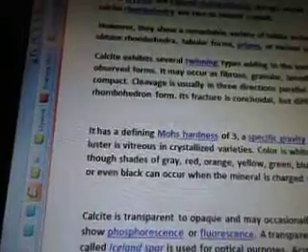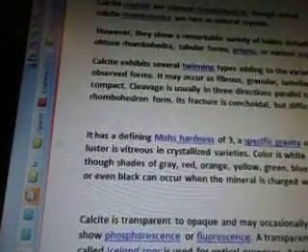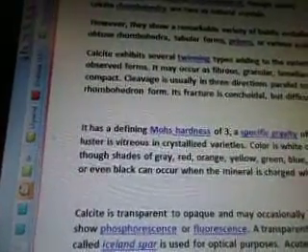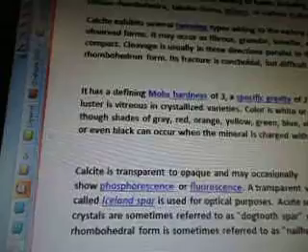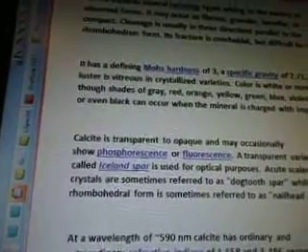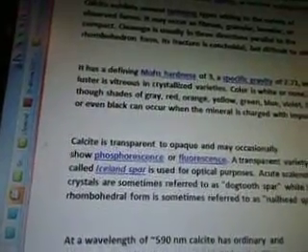It may occur as fibrous, granular, lamellar, or compact. Cleavage is usually in three directions, parallel to the rhombohedron form. Its fracture is conchoidal but difficult to obtain. It has a defining Mohs hardness of 3, a specific gravity of 2.71, and its luster is vitreous in crystallized